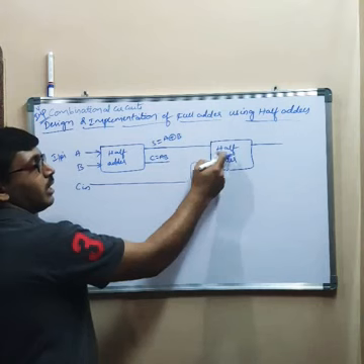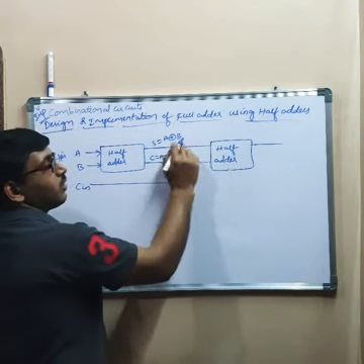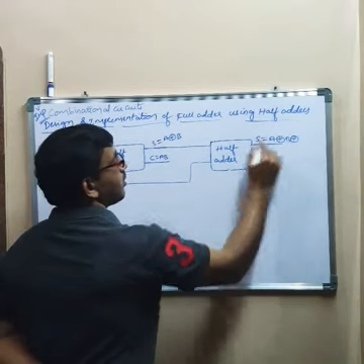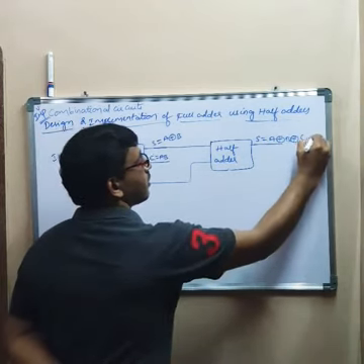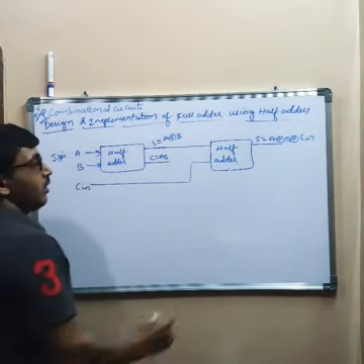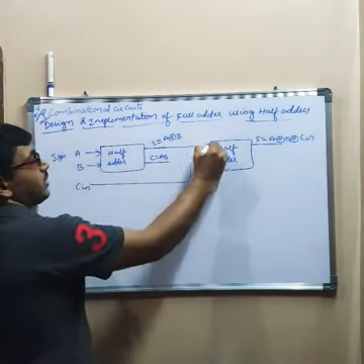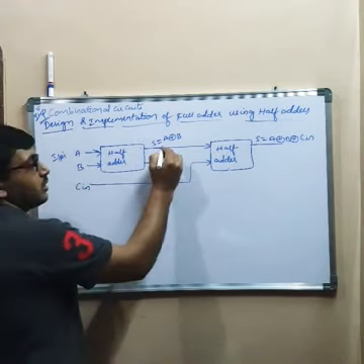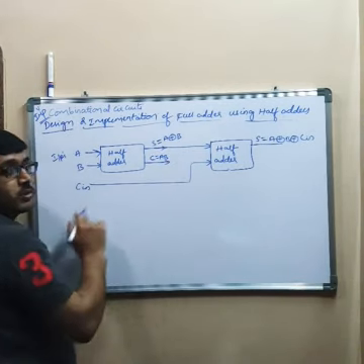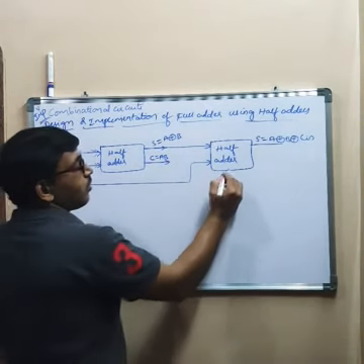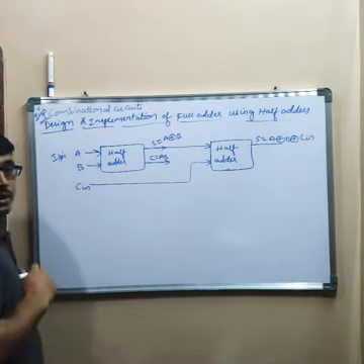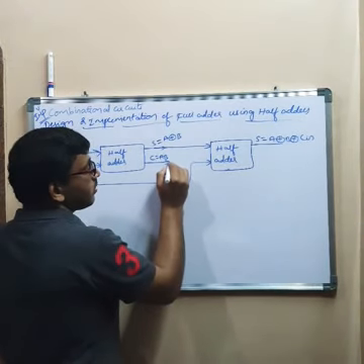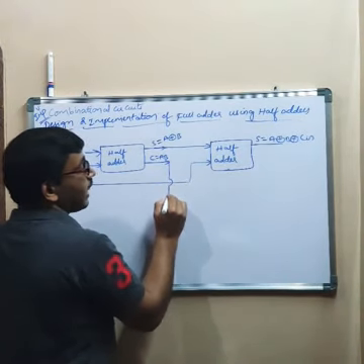S is equal to A XOR B, but A is here this one. So S is equal to A XOR B XOR C, right? These directions are very important. This direction is nothing but into the circuit. This direction is nothing but out from the circuit. Next, you got only the sum expression, but you have to get the carry. So what I will do is make use of this carry.